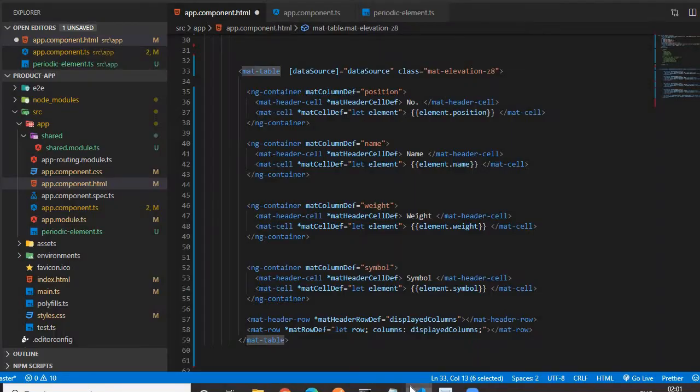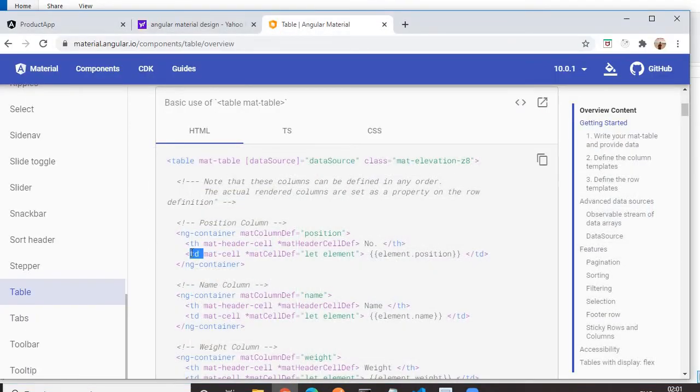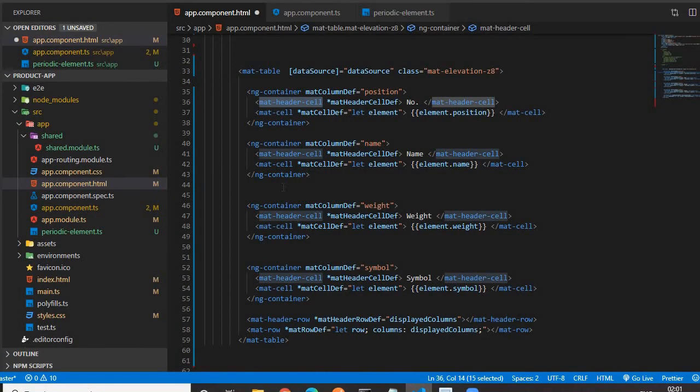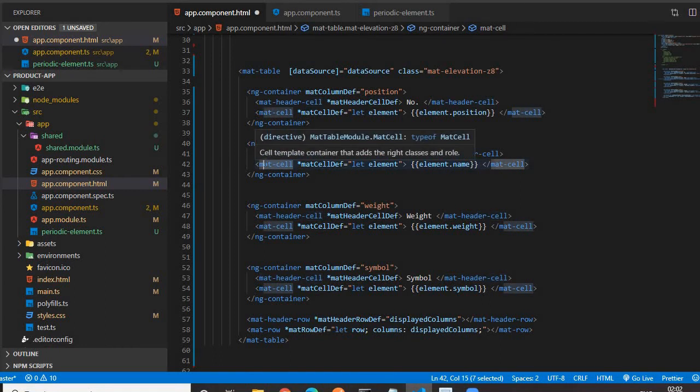But in my code, I have used the mat header cell property directly without using the th element. And for the row, they have used the td, then the mat cell property. I have used the mat cell property directly without using the td. This is the updated version of using the Angular material table.